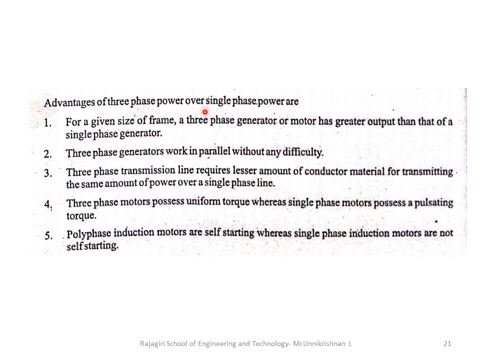Now the second point is that in three-phase power, actually you know that power is generated in three-phase in generating stations. So there you require a three-phase generator, and also by using three-phase generators you can easily operate them in synchronism when you operate them in parallel. Now the next point is, in transmission lines, for transmitting the same amount of power you require less material while you use a three-phase system. And the next one is that the torque generated in a three-phase motor is uniform when you compare it with a single-phase motor.